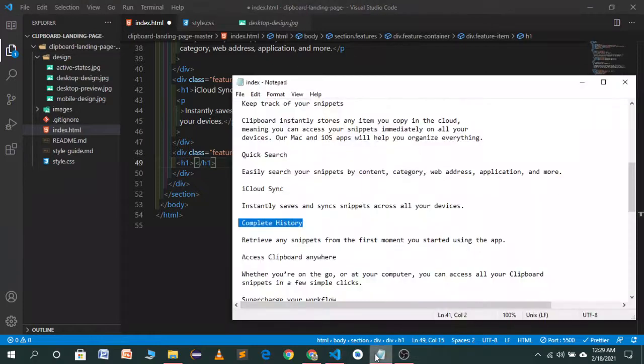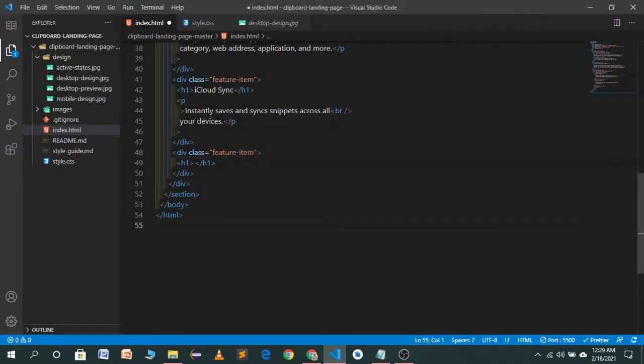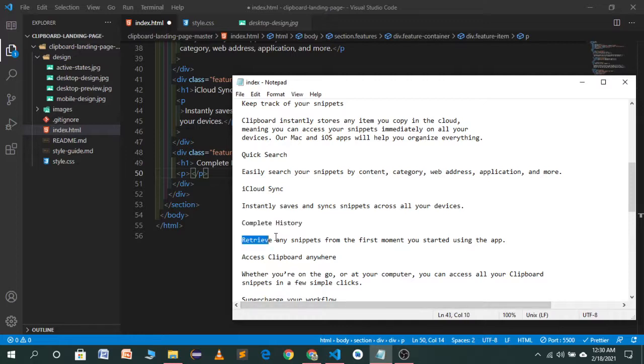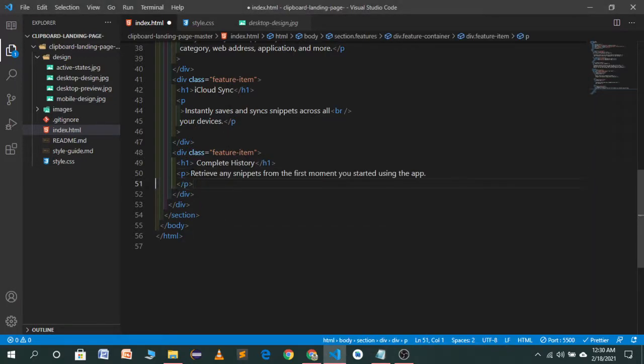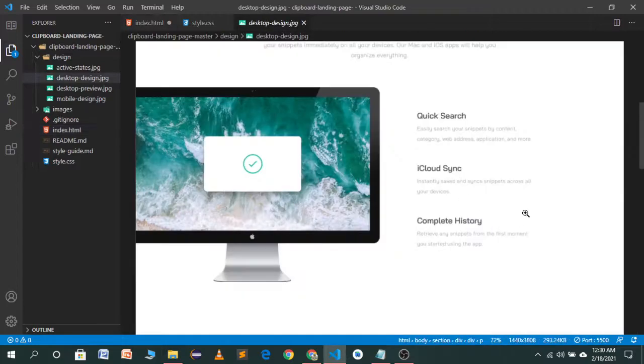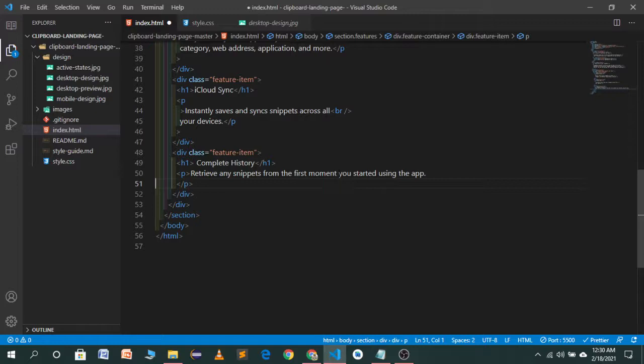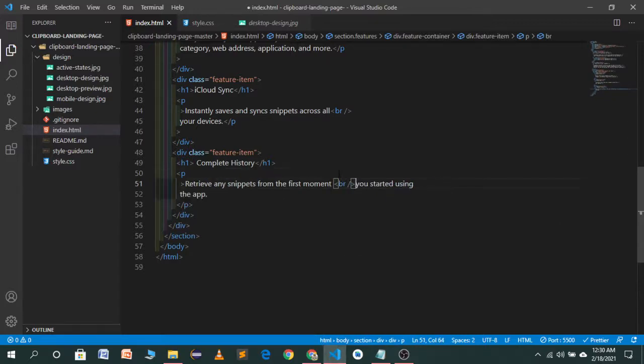We have to copy it again, and then go to our h1 tag, this one. Retrieve any snippets from the first moment you started using the app. So paste it here, and let's see where we want a line break. We want a line break after moment. So let's go here and use the br tag. Save this one.